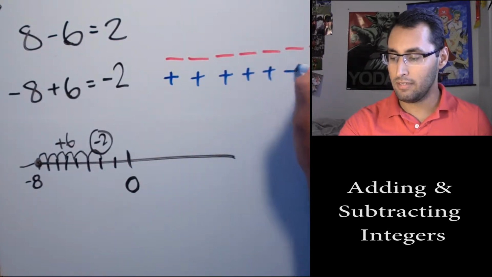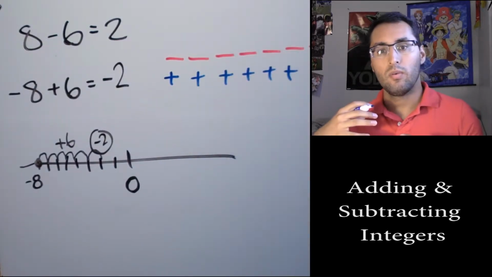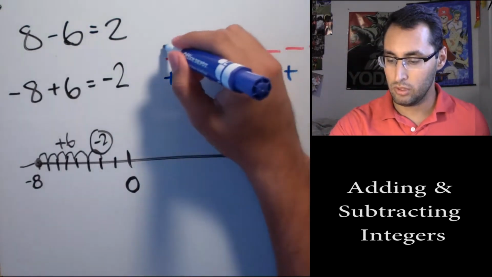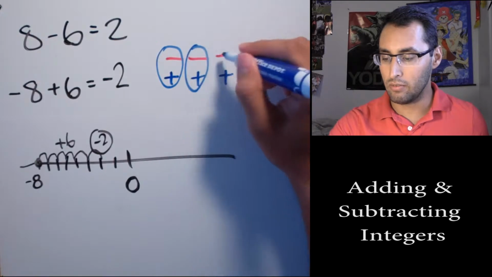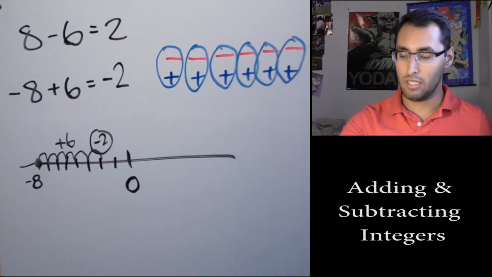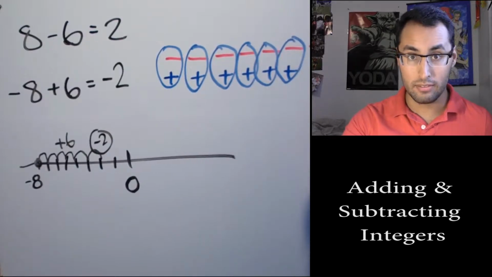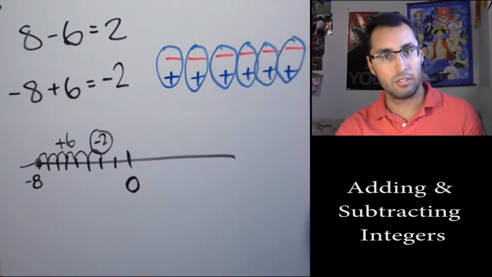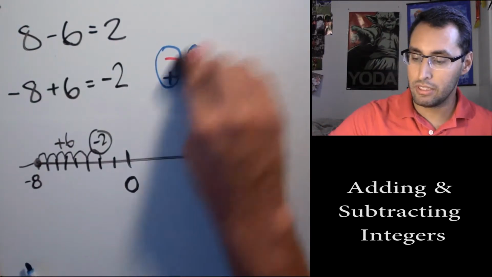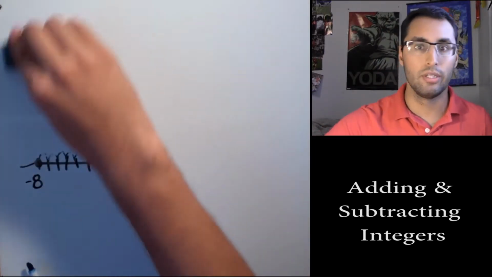Now, what I like to think is that a minus gets rid of a plus. So just circle pairs that get rid of each other. And with this, we're left with only 2 negatives, meaning that we're going to have negative 2. Alright, so I'm going to erase this, and I'm going to give you a different one where we're increasing